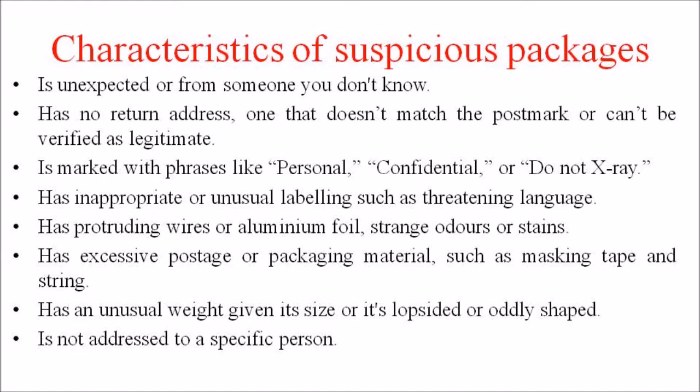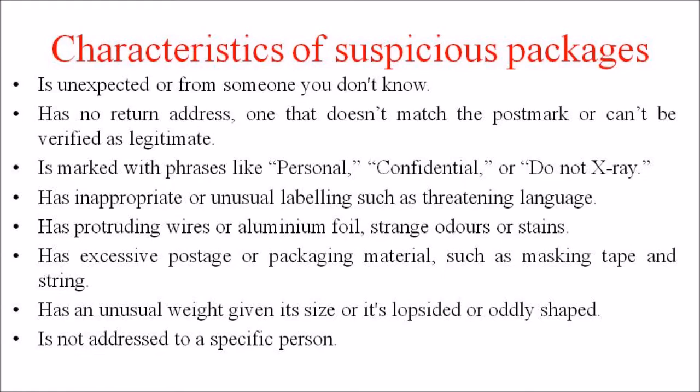Secondly, it has no return address, one that doesn't match the postmark or can't be verified as legitimate, is marked with phrases like personal, confidential, or do not x-ray, has inappropriate or unusual labeling such as threatening language, has protruding wires